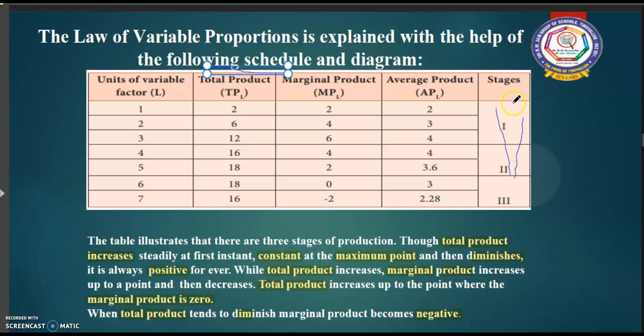You can see here stage 1, this is stage 2 and here stage 3. So first one, if we go to stage 1, here marginal product of labor increases. So marginal product of labor, here L means labor,